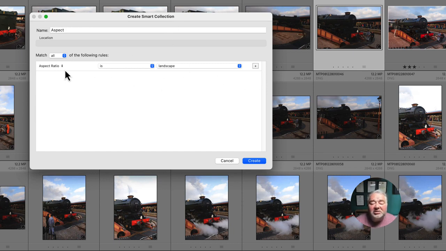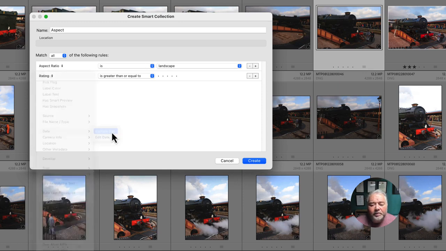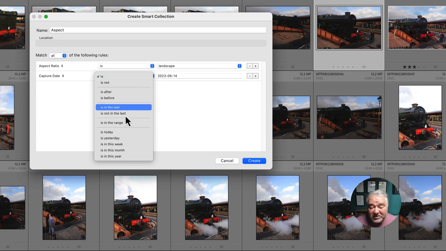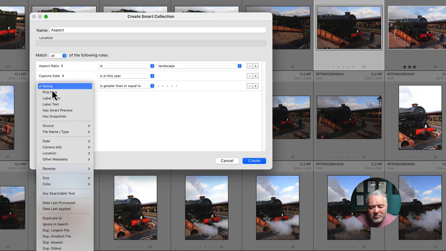So the next thing I'm going to do is say, right, look in all my images in my catalogue, so it's all 554 images, look for landscape images. But also I'm going to now ask it to look at a date range. So I'm going to say date of capture was this year, for example, and I can select a range, a particular date, or whatever I want to do. But I'm going to say, show me all my landscape images that I've taken this year. And then I'm going to go plus again, and I'm going to filter a keyword as well. So I come down to other